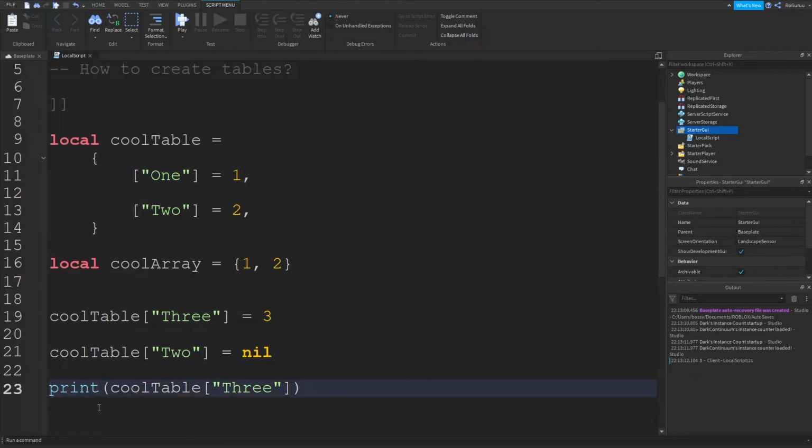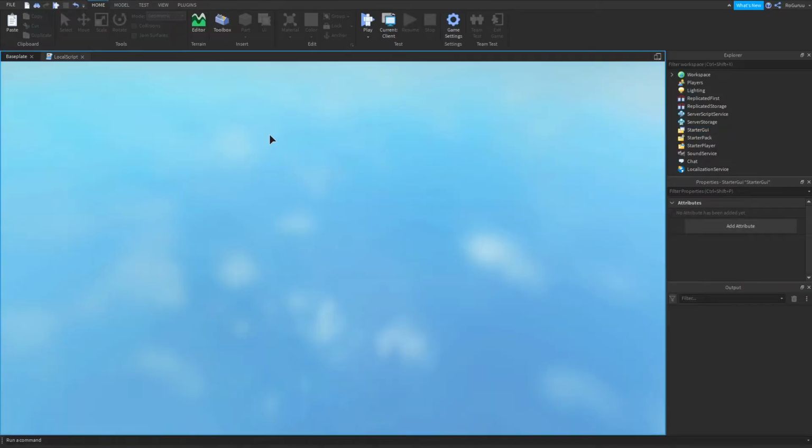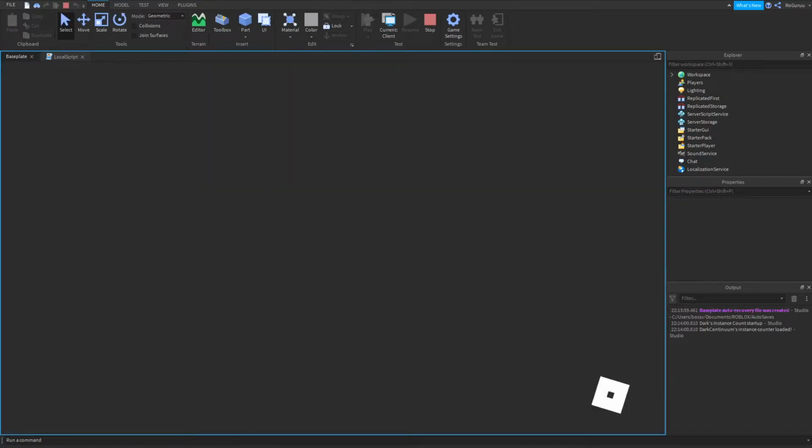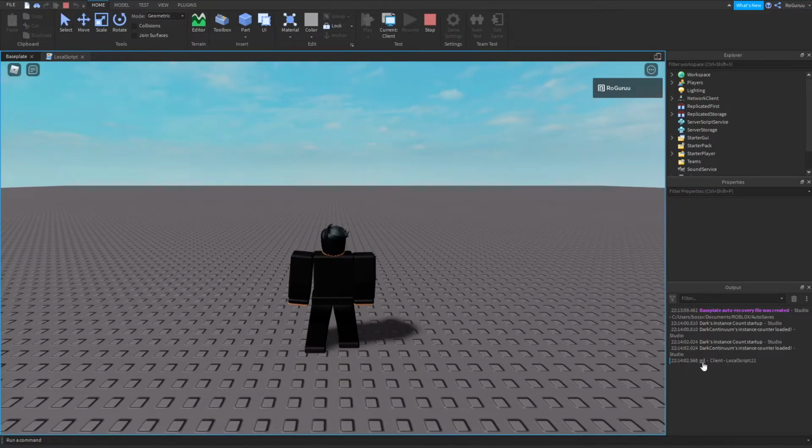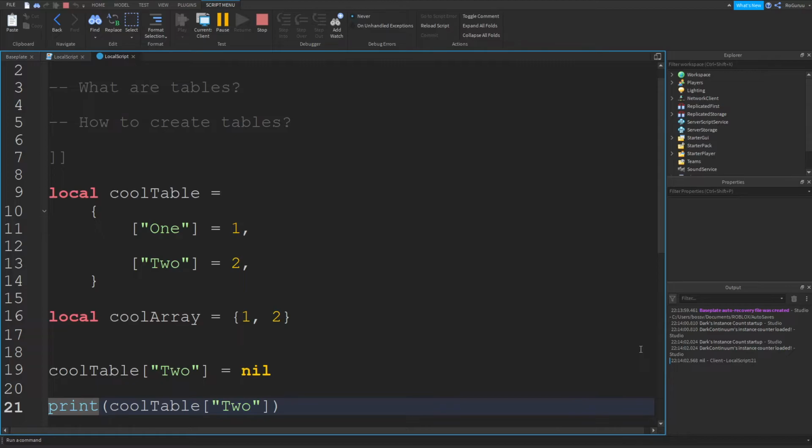So if we now print the value cool table 2, let me remove this, it'll just be nil. It doesn't exist, it's no longer there.